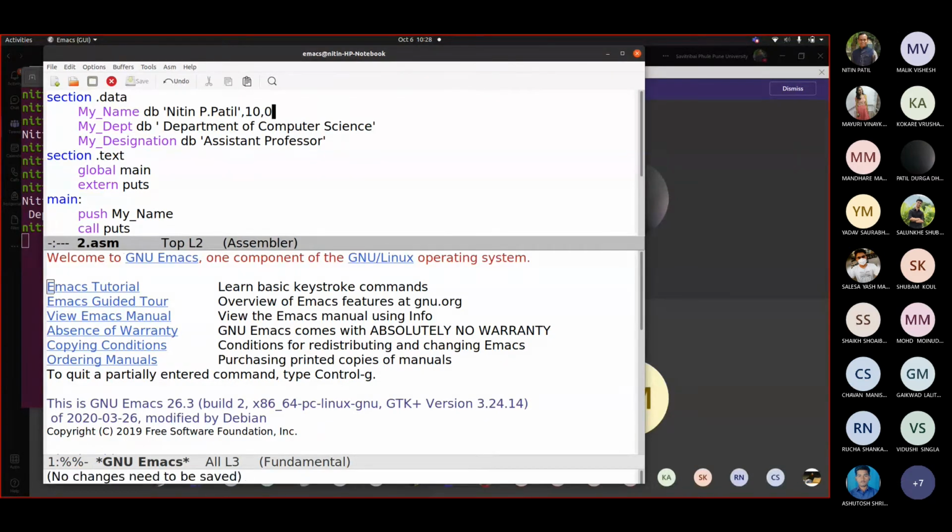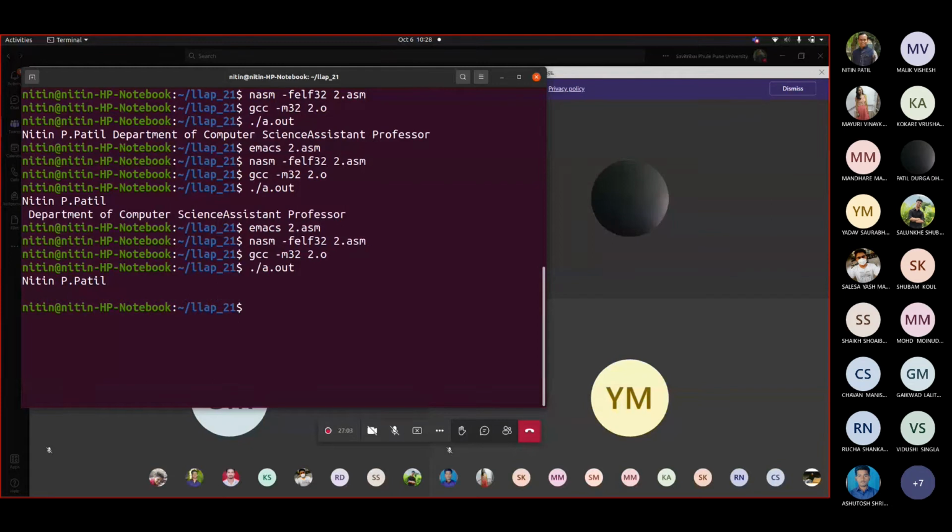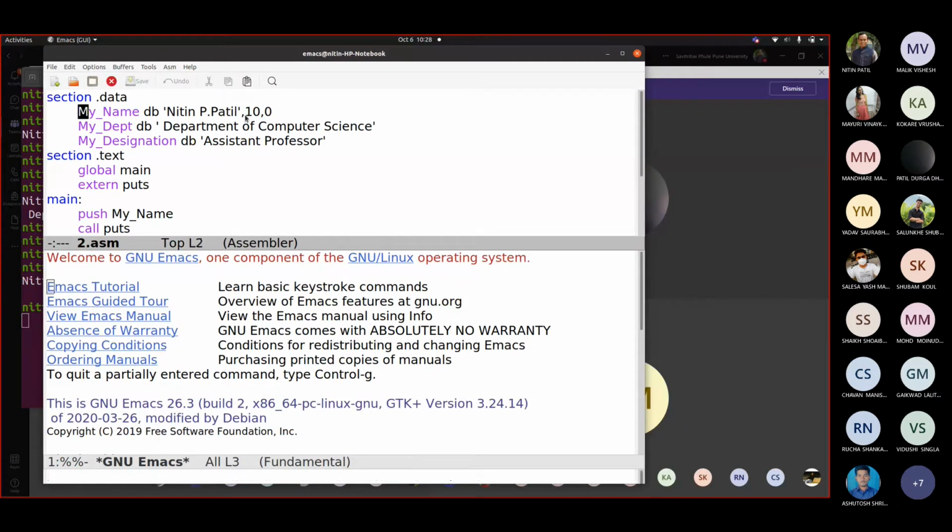Now let us see. Now you can see it displayed only Nitin P. Patil and \n. That means this 10 and 0 are significantly telling something. This 10 results in \n and this 0 results in \0.